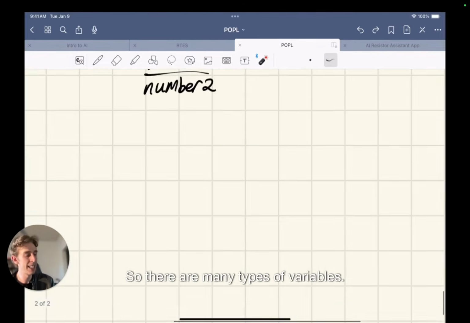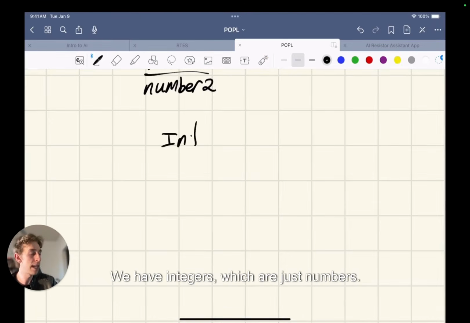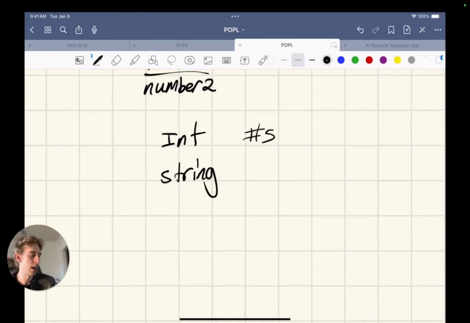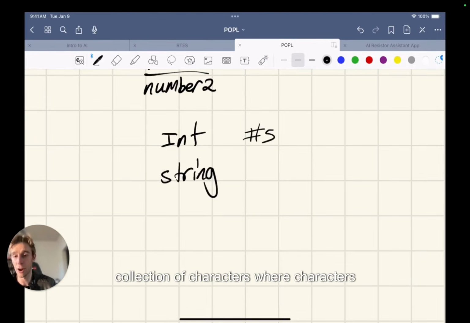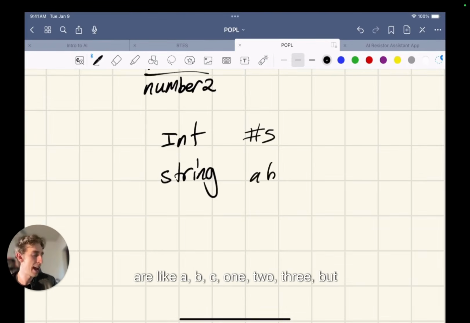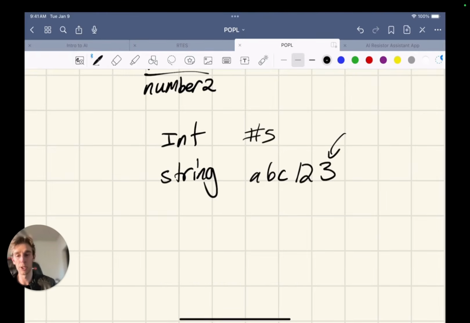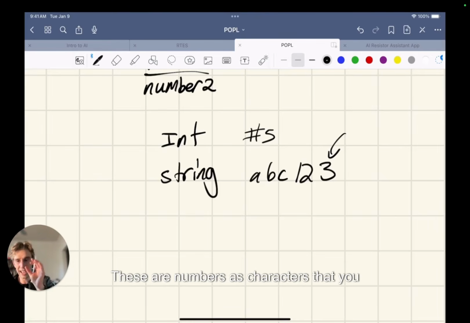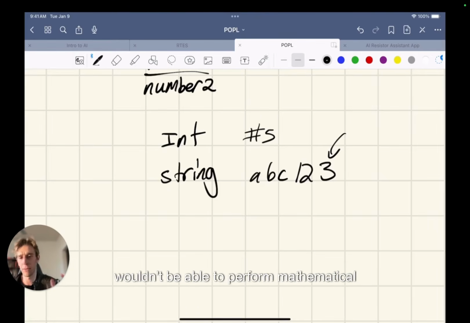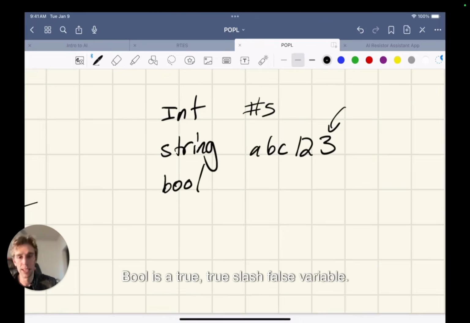So there are many types of variables. We have integers, which are just numbers. We have strings, which are just a collection of characters, where characters are like A, B, C, 1, 2, 3, but these are not mathematical numbers. These are numbers as characters that you wouldn't be able to perform mathematical operations on. Bool is a